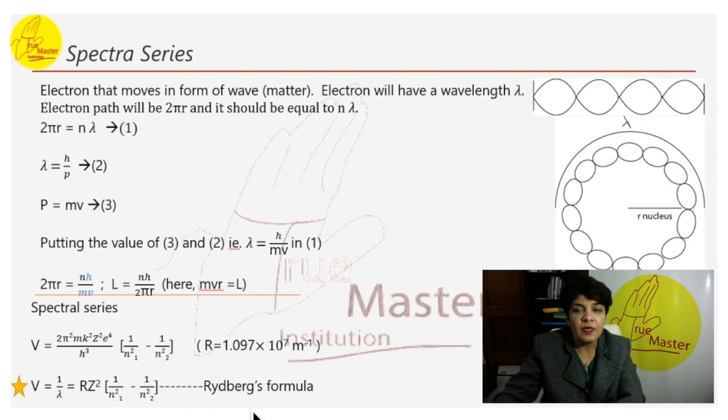So this is called Rydberg's formula. It can be written as, we can derive the wave number, v bar is equal to 1 by lambda equals R z square into 1 by n1 square minus 1 by n2 square. You can just note down, no derivation is required for this, that these are the formulas for Rydberg.